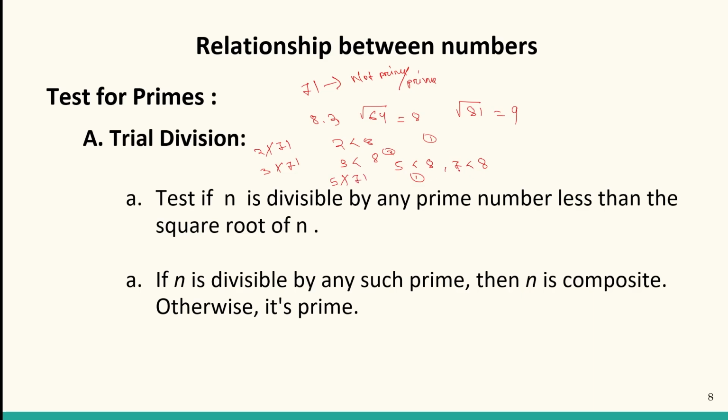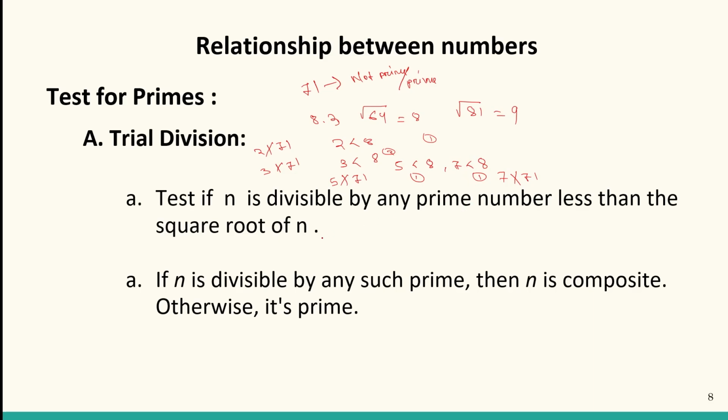Then we try to divide 71 by 7. It leaves a remainder of 1, because 7 times 10 is 70, and we are left with a remainder of 1. So 7 does not divide 71 either. Since all these leave a remainder that is not equal to 0,